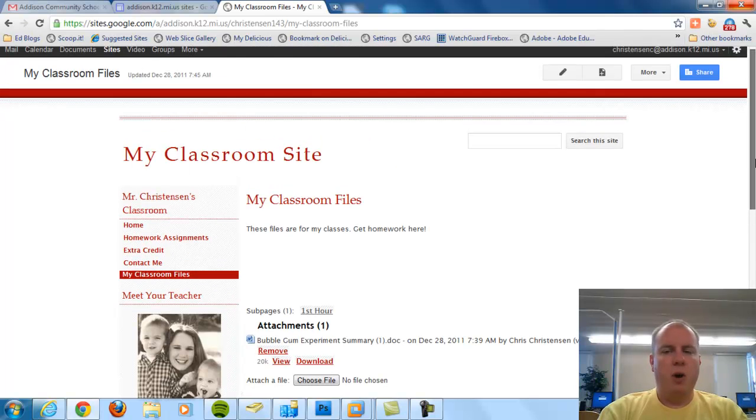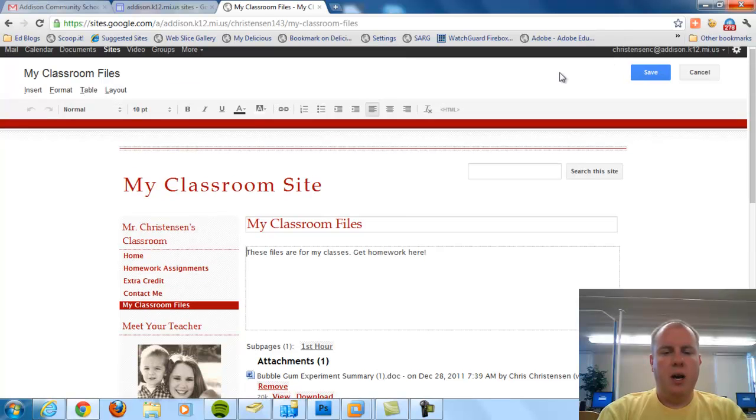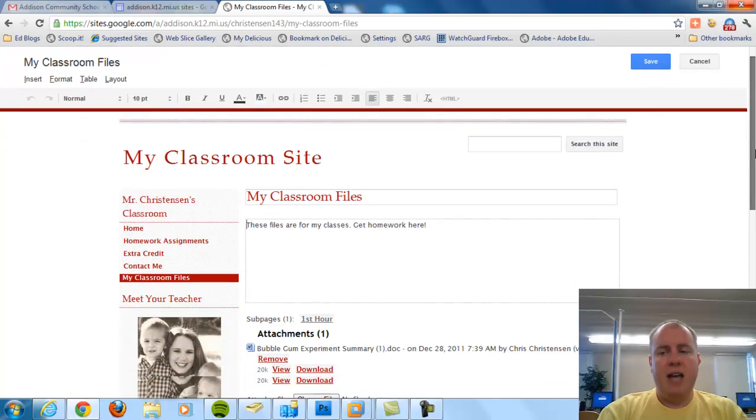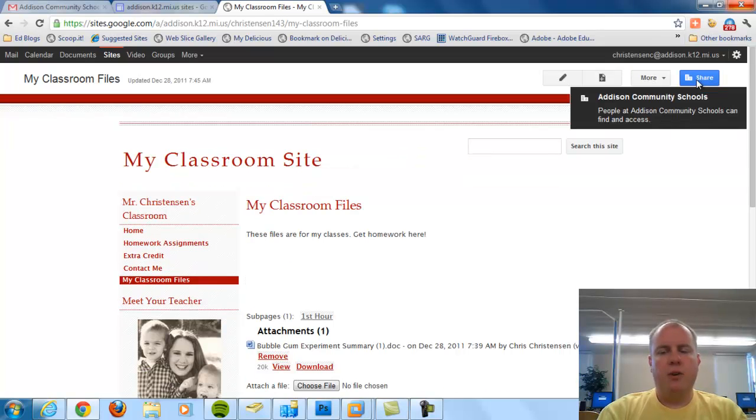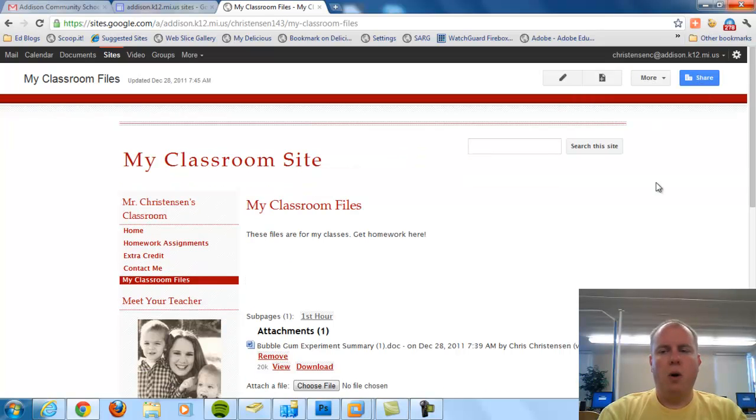But now it's just a regular web page, and I can edit it if I'd like. You can have attachments on regular web pages. It's a little easier with a file cabinet page if you're going to have a lot of files. But there are different things that you can use different pages for. So this is kind of a short breakdown of how to use this. I think one other thing to look at too